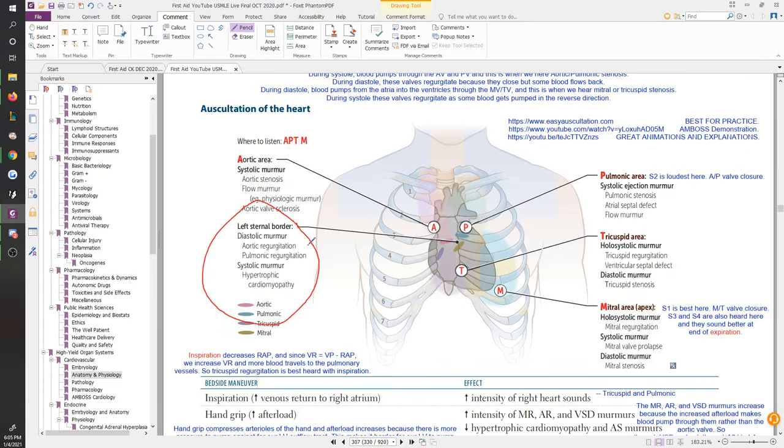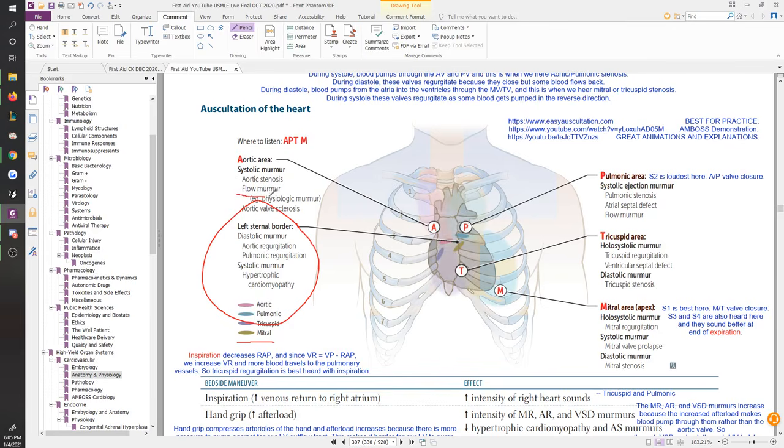You have your aortic regurgitation, also on the left sternal border, pulmonic regurgitation, also on the left sternal border, and your systolic murmur of hypertrophic cardiomyopathy, same area, right? So this could be due to either pulmonic or aortic or your mitral valve issues, right? Because you see the mitral color is right there as well. So the placement of a murmur alone is not ever actually enough to pick an answer. Okay, be very careful of that.